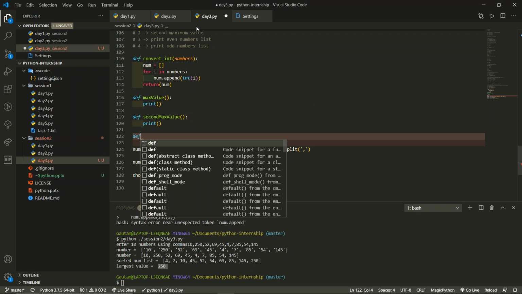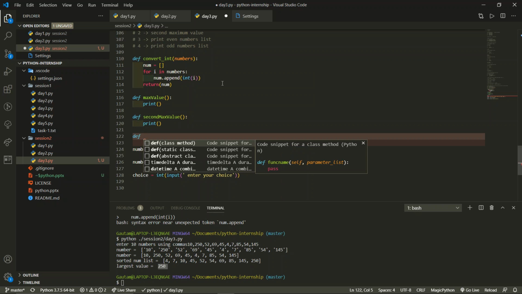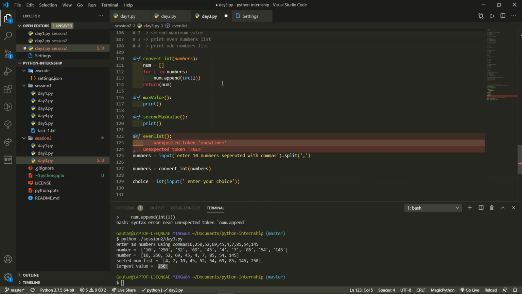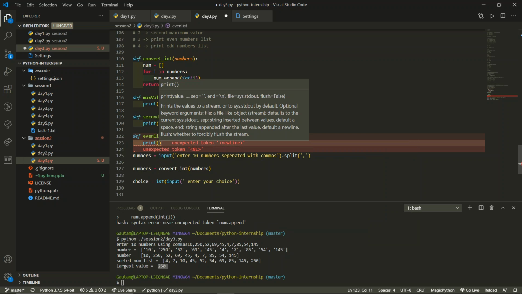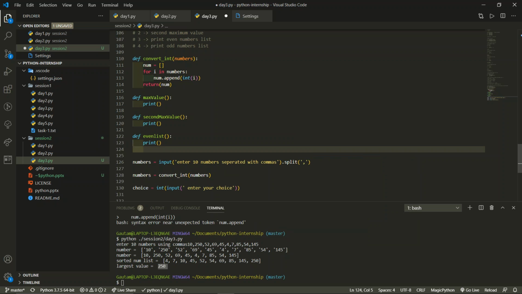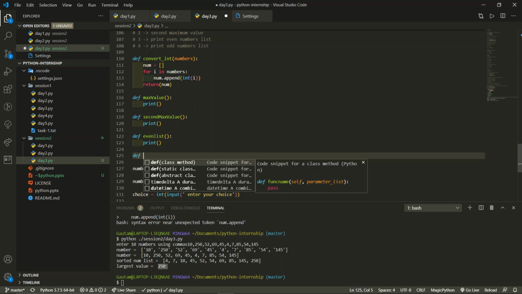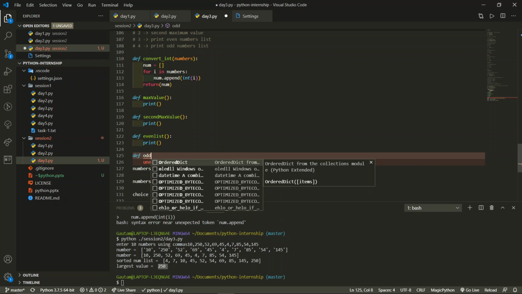Now there is another function that is an even list. Okay, so you can see even list, and this is a function. So I will use a parenthesis and then a blank print statement for now only, because we are not writing anything inside it. We can eliminate it when we are writing something inside that function. Def odd list,